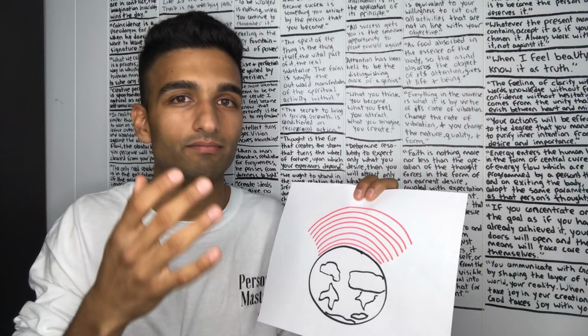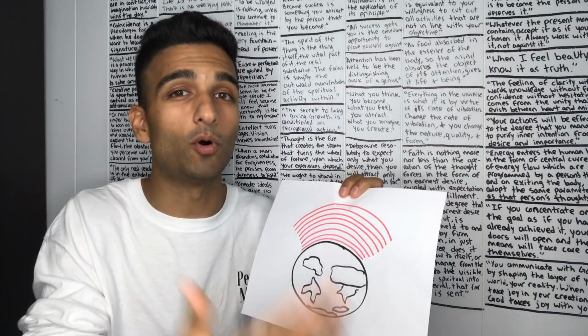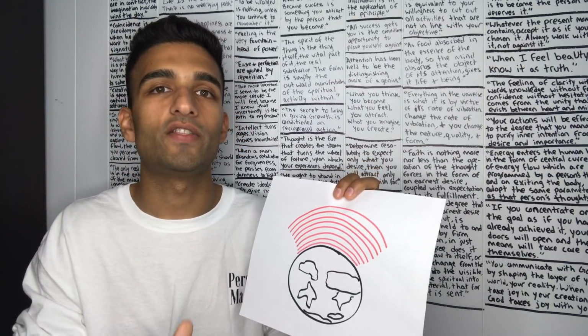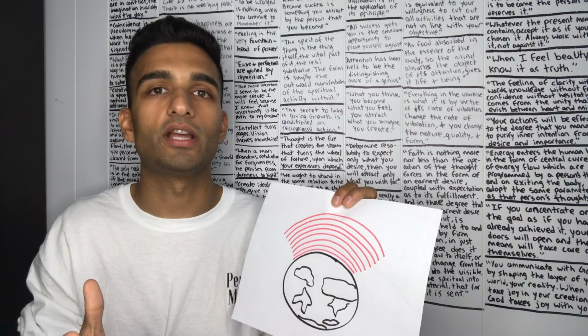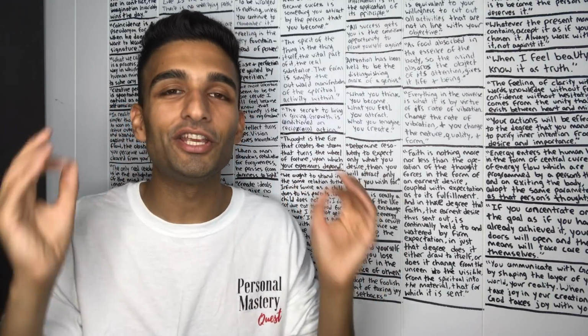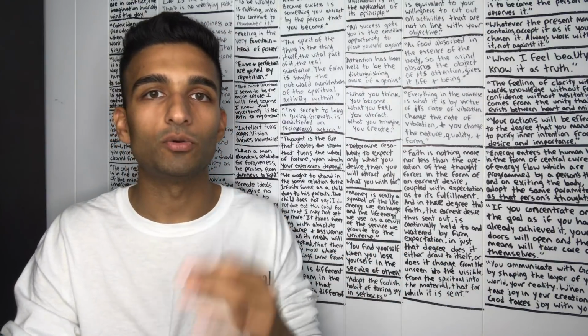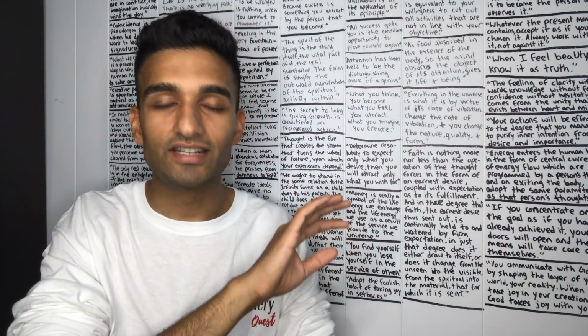Now, you might be saying, what about the people who are born in really bad areas, who are born to abusive parents, or parents who are poor? You might be born into a layer that is very negative. You might be born into a layer that is not favorable to what you want. It's beyond us why we were born and what situation we were born in. But you can spend all day, all week, month, year just complaining about why you are in the situation that you are in. But that doesn't do anything.